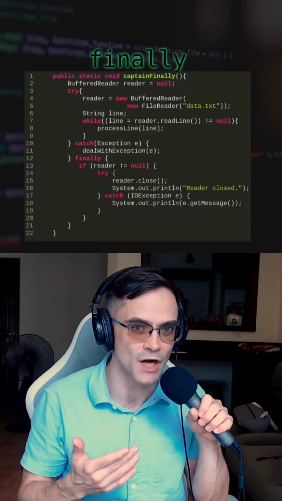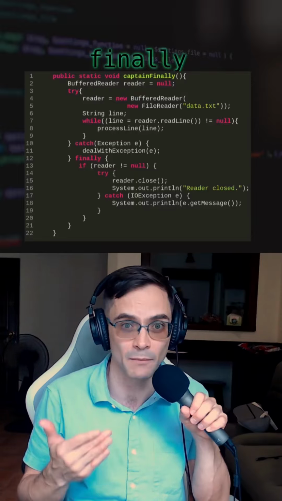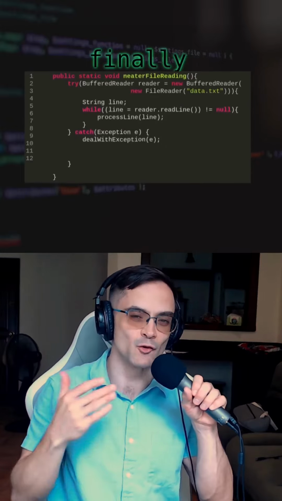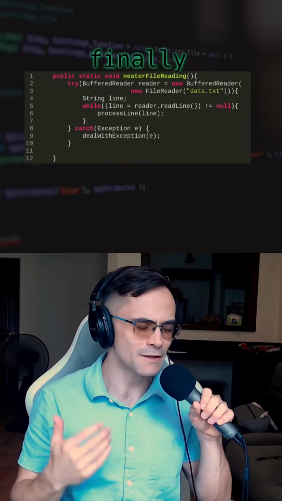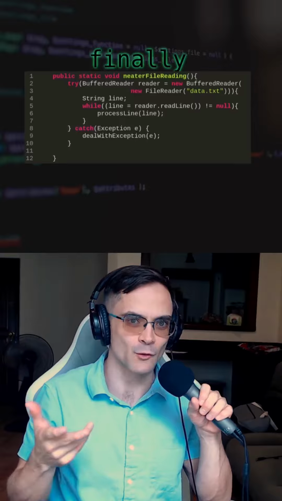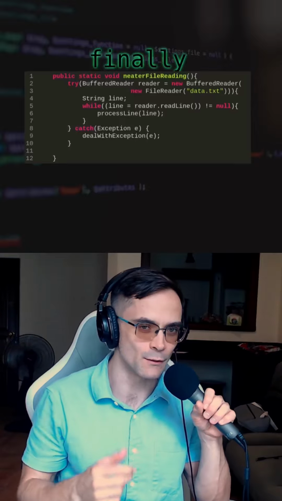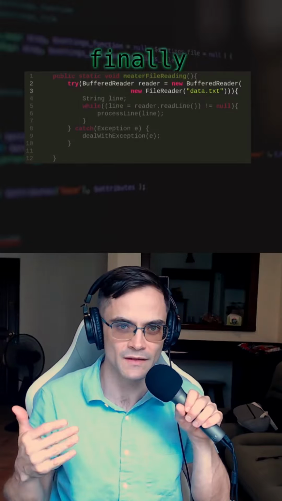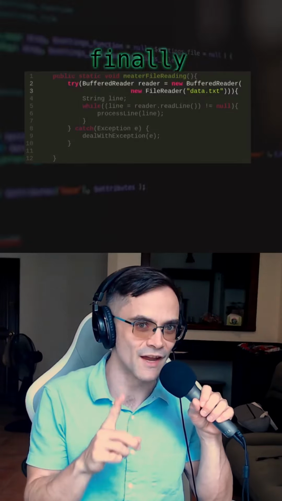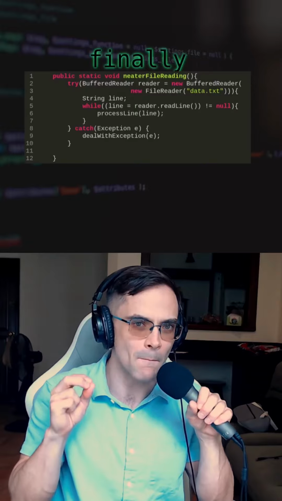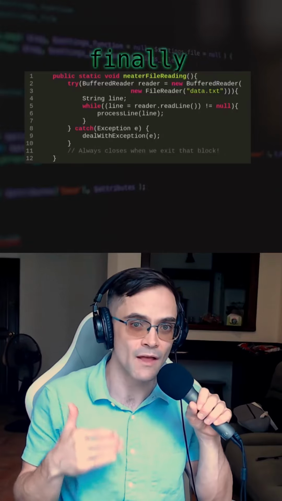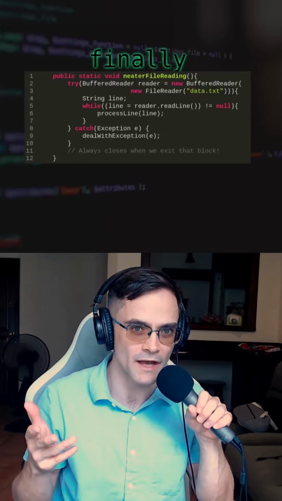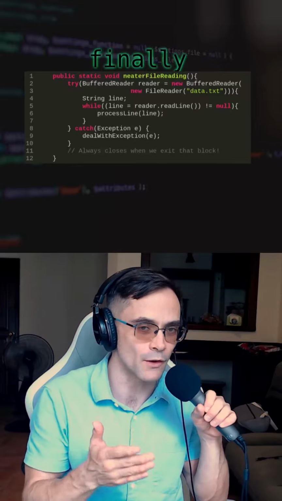And the people who make Java did eventually add in a simpler way to do this. So this is the try with resources block. You can see it's way easier. There's not that crazy amount of indentation just to do something simple. And all we do is right next to the word try inside these parentheses, we open our buffered reader right there. Then the buffered reader automatically gets closed when we leave that try catch block. We don't have to manage it ourselves, it's actually much safer and easier.